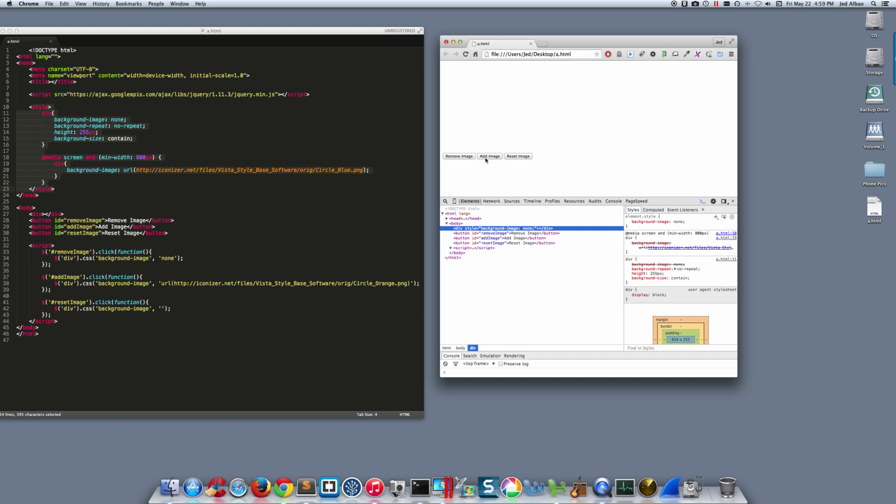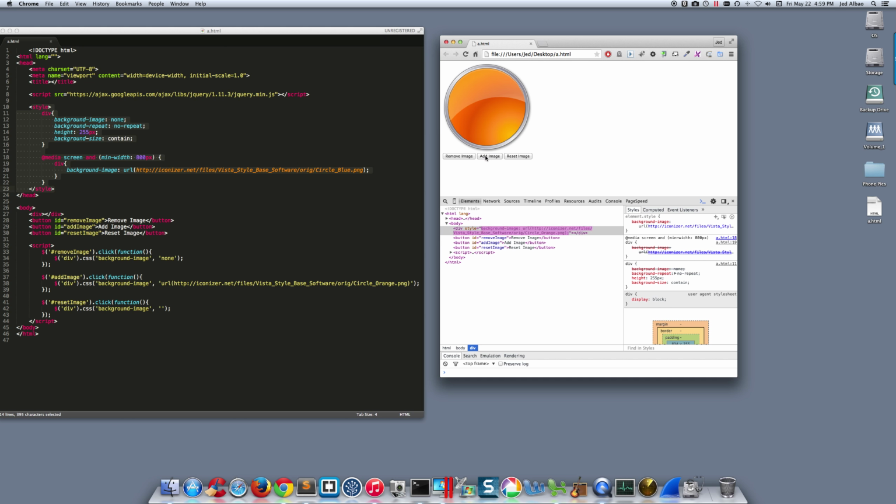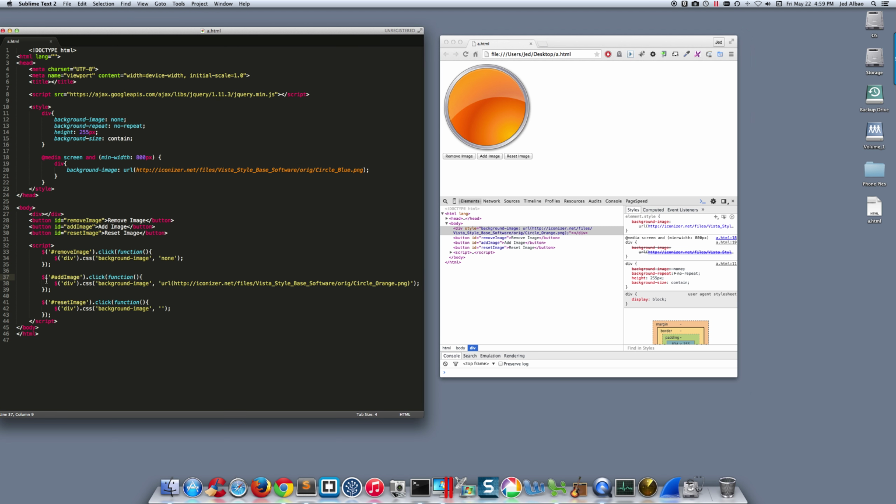If I hit the Add Image button, now an orange circle appears. And notice how the inline style changed. The background image URL is now pointing to an orange circle. And that is because that's what I specified over here in this function, that when the Add Image button gets clicked, we're going to fire off a jQuery CSS function that says, hey, set the background image to an orange circle. And so what jQuery does is create an inline style for that